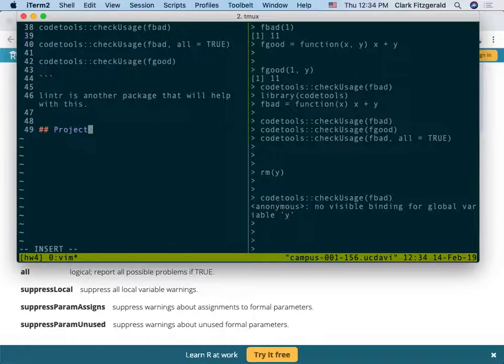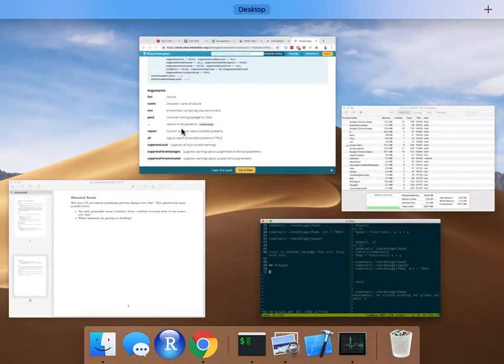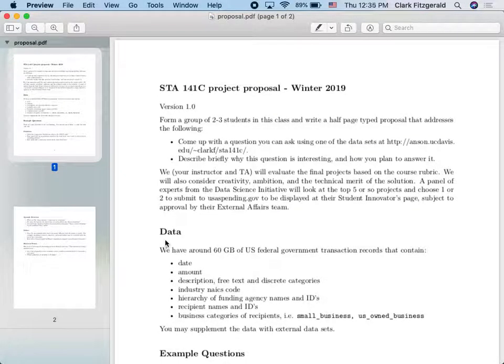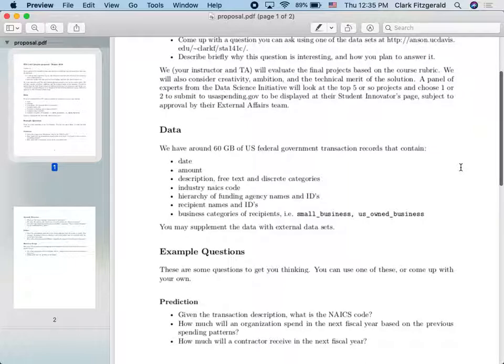Let's talk about the project now. So I have given you the project proposal assignment. This is due next Tuesday. I'm giving it to you early so you can form groups of 2 or 3 based on your interest. But I want you to help me a little bit today if we can brainstorm and think about what questions we might ask with this data set. So I think it's a very rich and interesting data set, and there's a lot of potential things we can do with it. You've been processing it for this homework, but to just summarize what is inside this data set,